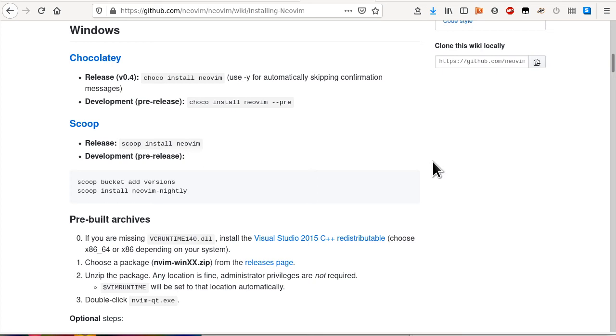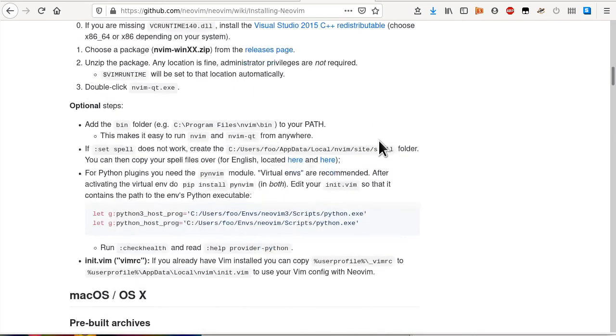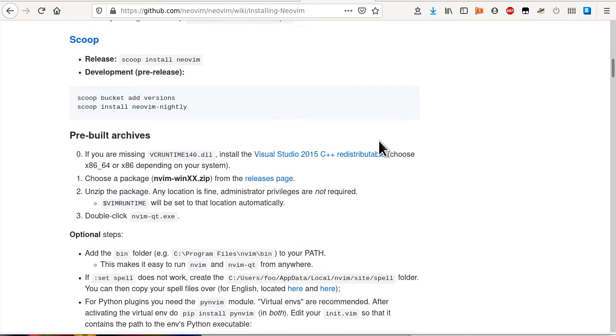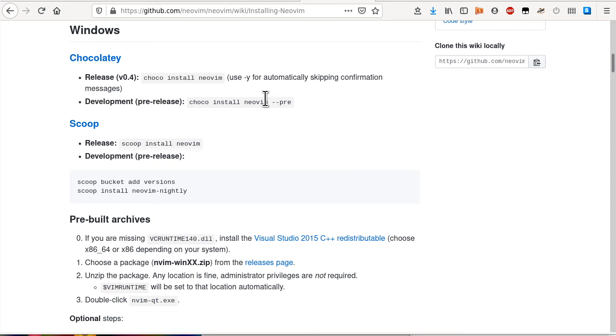I don't use Windows much, so these ways of distributing and installing packages are new to me. For those of you who know how to use Windows, you can probably tell me more about these two different ways of installing packages in Windows. They also have pre-built archives, so I'm assuming this really is just a zip file. You just have to unzip it, and then whatever folder it unzips into has the executable. So you don't even need to actually install it. So you have three ways to install NeoVim in Windows,